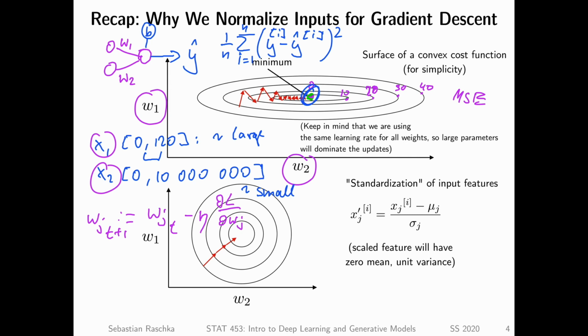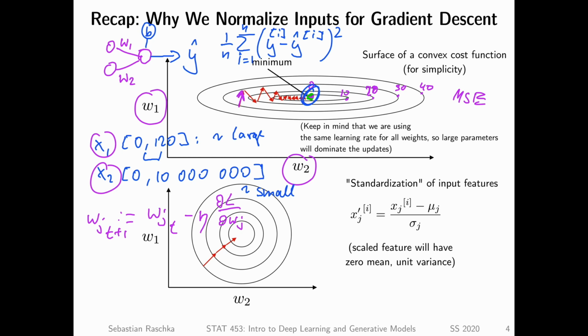The problem now is that if we have large and small weights, it's hard to find a good learning rate that works well for both. So it's really hard to train a network where you have inputs on different magnitudes. You will end up going into one direction a little bit more than the other. This is also stochastic gradient descent, so you don't make steps perfectly perpendicular to the surface, but you have some small noise.